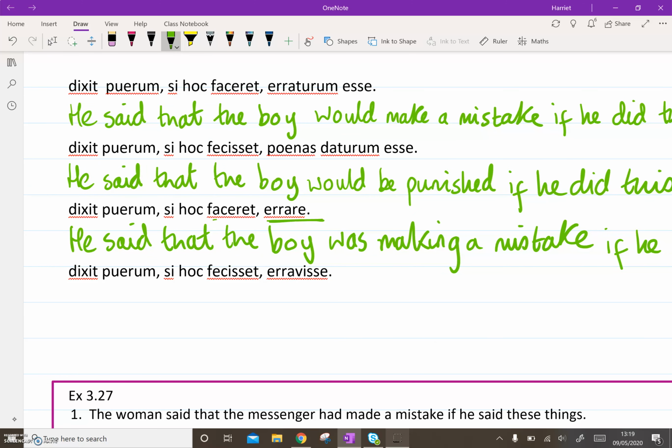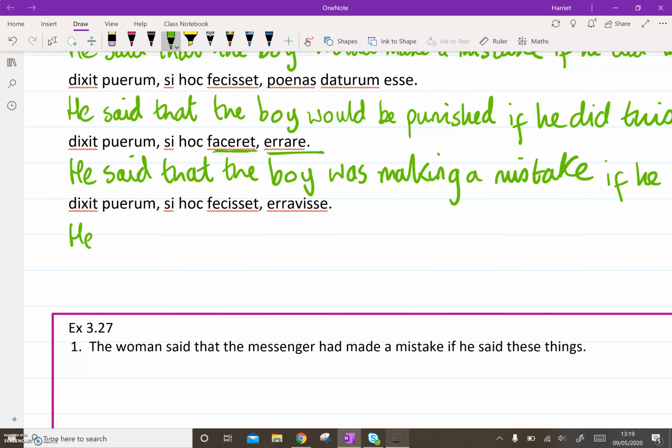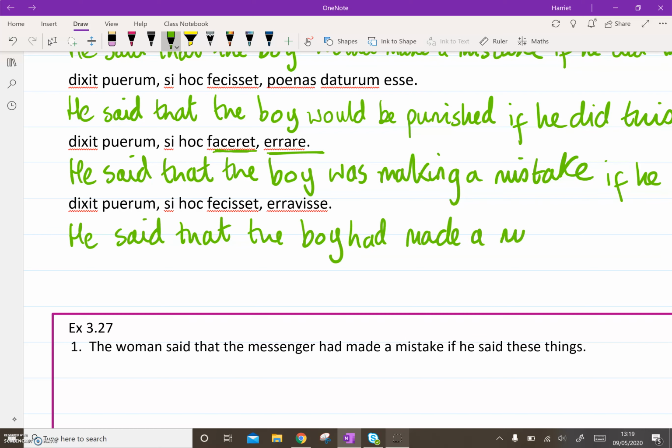Was making a mistake if he was doing this. Quite straightforward. Final example. He said that the boy, eravisse, had made a mistake si hoc fecisset, if he did this. Okay, so again, the pluperfect subjunctive there represents the fact that